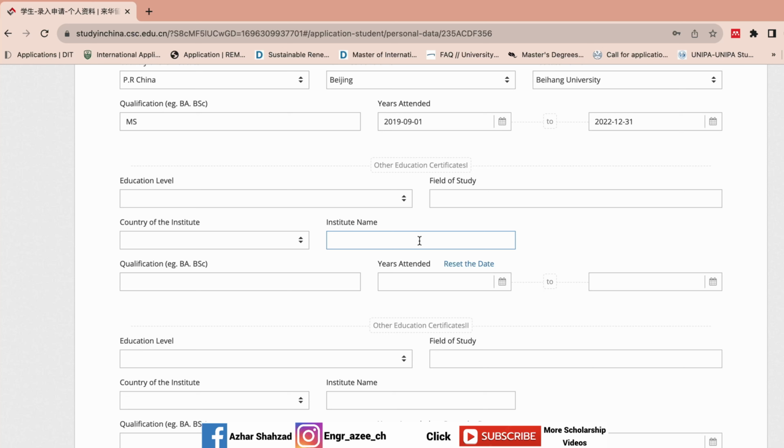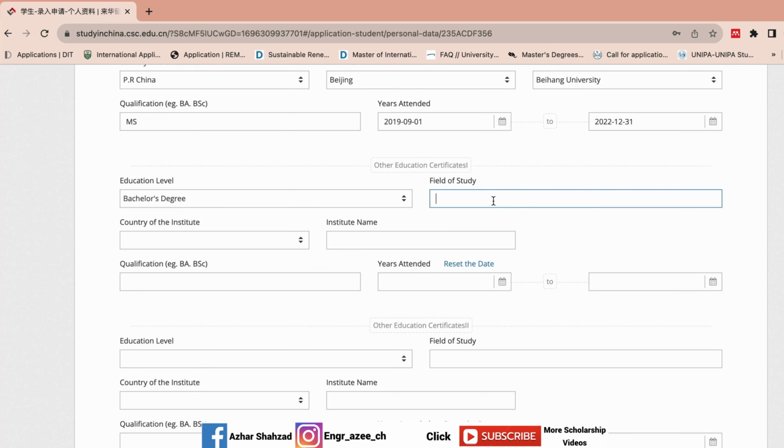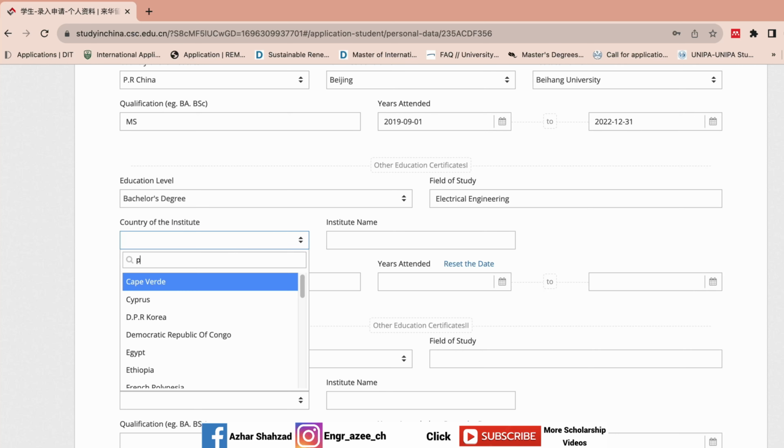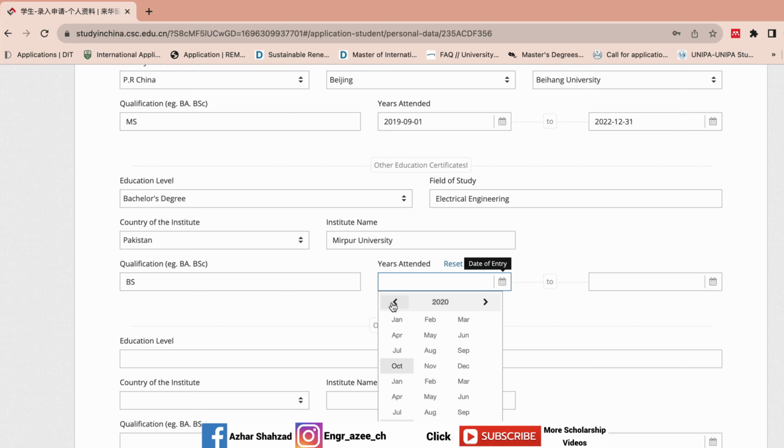Okay, if you have like bachelor's degree, like I will write also here bachelor's degree, field of study, electrical engineering. Okay, the country Pakistan, Institute name, I will just write it here randomly, Mirpur University. Here you need to write it is BS. Year of attending,